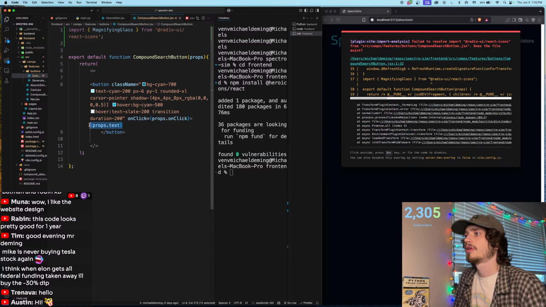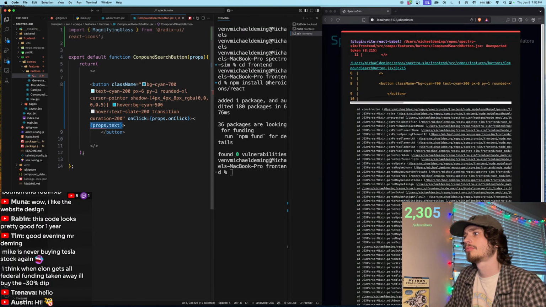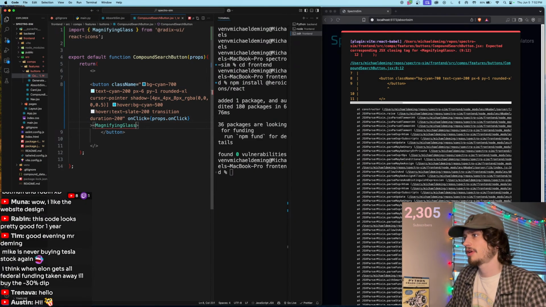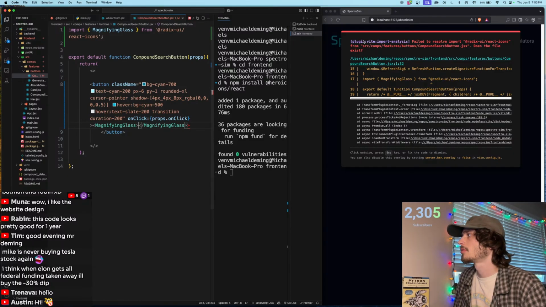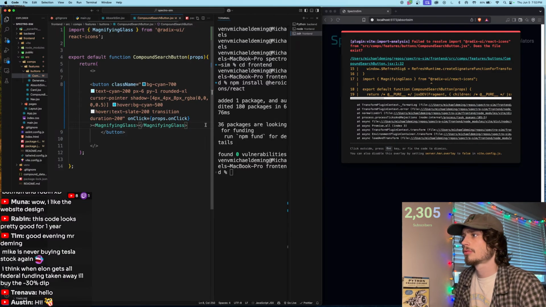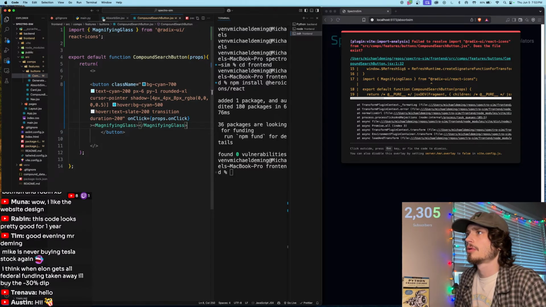So if I say magnifying glass, and then I get rid of